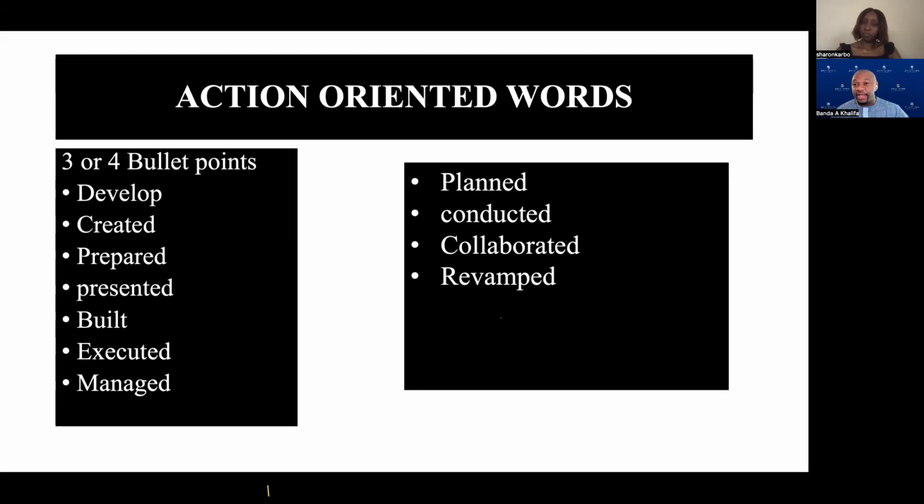Stop describing the work that you do. If you have estimates, you can put estimates. Maybe when you took charge of the facility, on average every month, you were having 50 patients. Now that you took over, the growth has gone to maybe 80 patients a month. Use that number and put it in your CV. Let them know the impact that you've had. So this is how your action-oriented CVs should be. Delivered, designed. All these are good options to use. There are several action-oriented